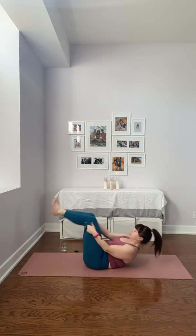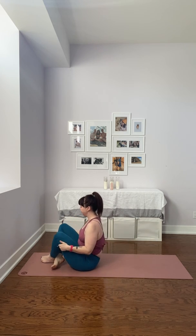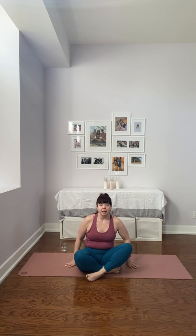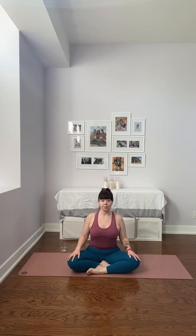Then rock all the way up, come into a seated position. You'll be facing the front of your mat. I'll turn around so you can see me. And cross-legged is a nice one for this, but if it feels better to be on your knees, you're welcome to do that as well. So you're gonna take the hands down, palms down to the thighs or to the knees, and move through a